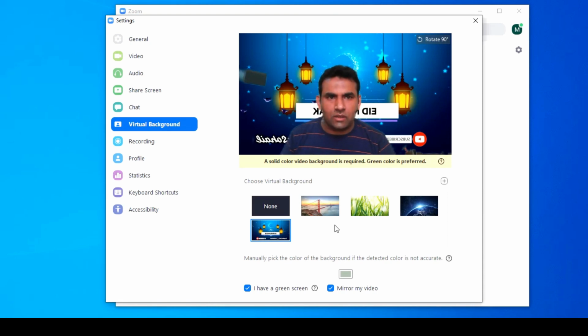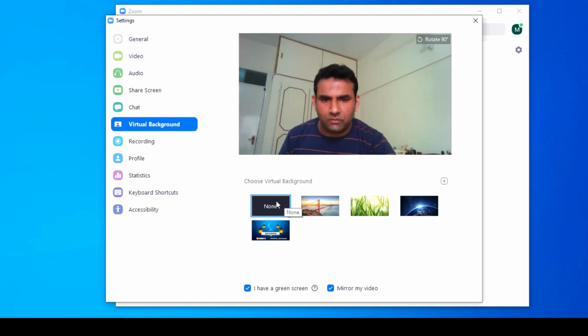It is very interesting because when you are having a conference or any meetings or any online class, you don't have to worry about what's going on, that there is a mess at your back or any other thing. So this is a very good feature. You can make your own image, you can set your own image, or you can use the given presets. So this is a quite nice feature and this is very interesting.